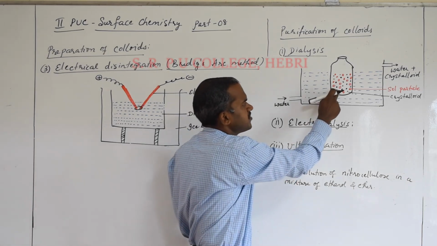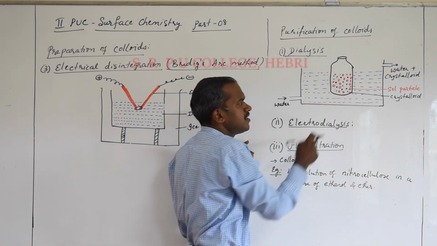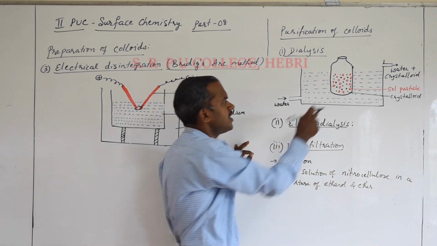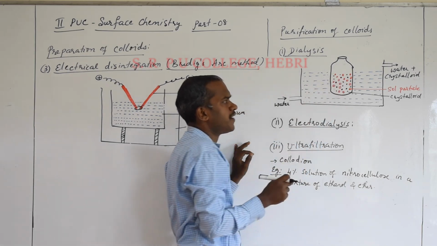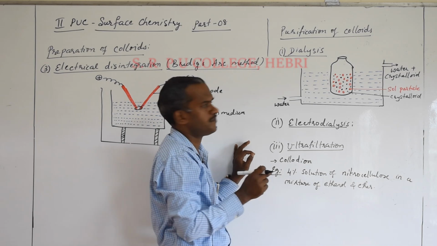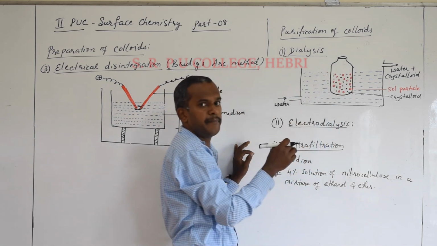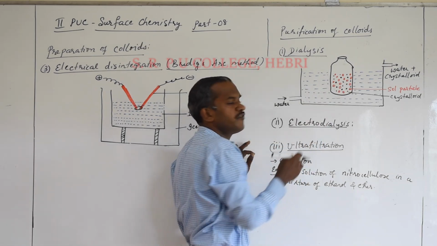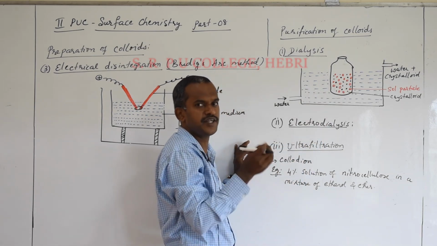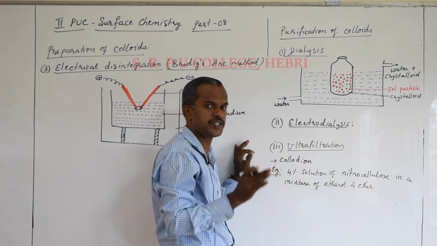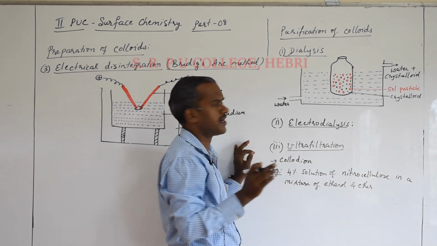Okay. In this case you can see the red colored particles are the sol or the colloidal particles, and the other small particles are the dissolved particles, or we call them crystalloids. Okay. And this container is lined inside with a membrane which allows only the movement of very small sized particles. Okay, that is a dissolved particle. As I told you, it is a true solution size or crystalloid particles.